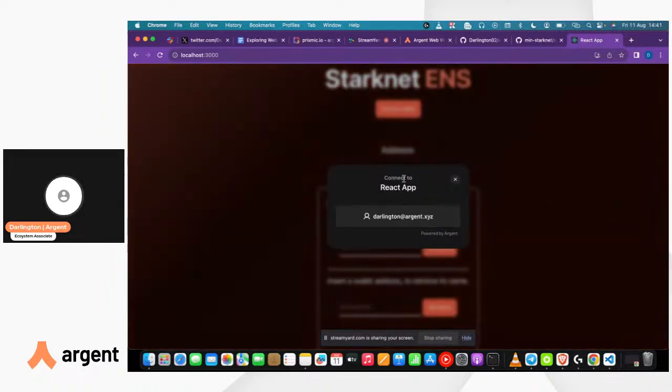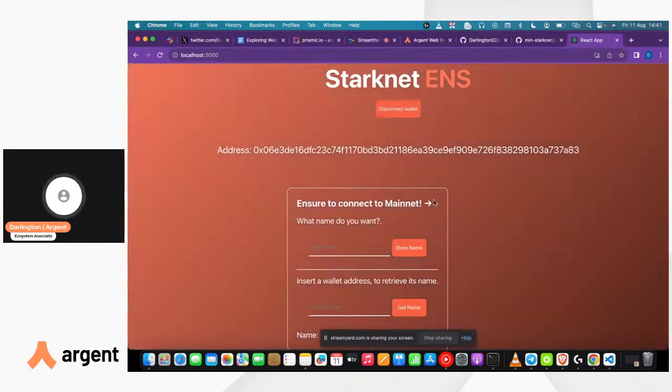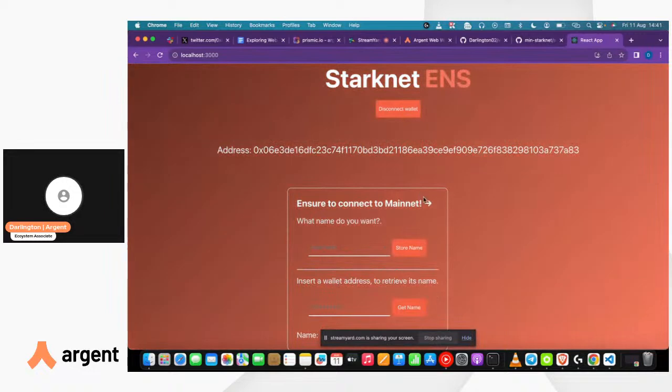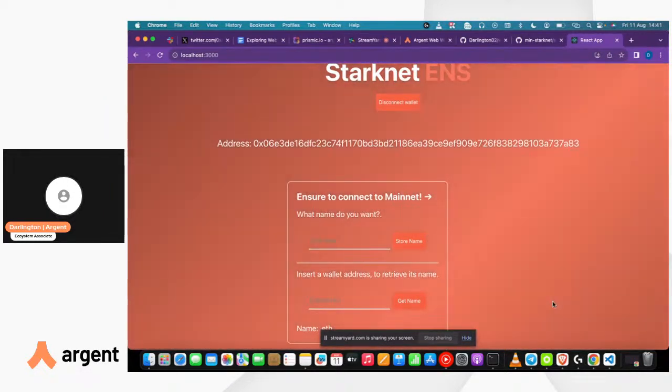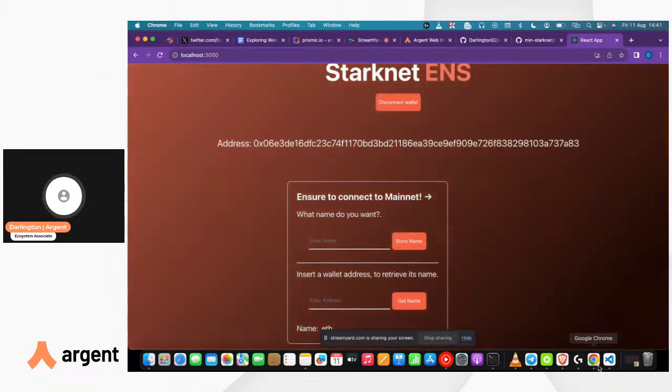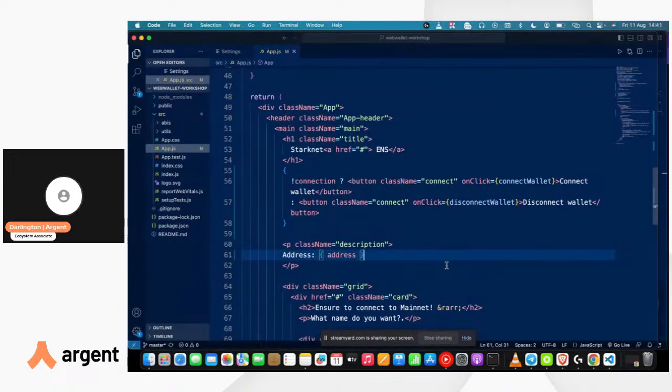You would have to make a call to the web wallet iframe. Get to click on this, and as you can see, we have connected our accounts back to web wallet. All right. So something else we could do, just to make the UI better, is once the user is connected, show a button which the user can use to visit the user's